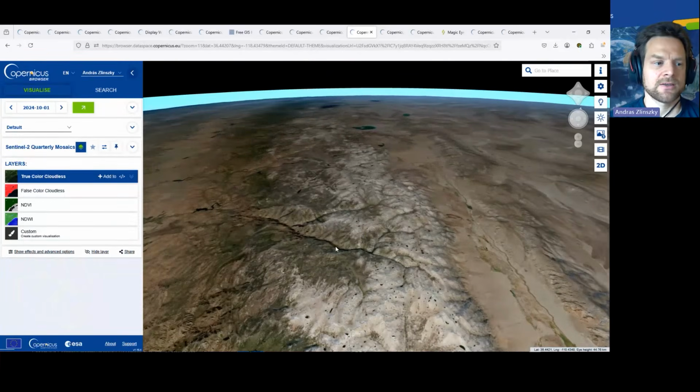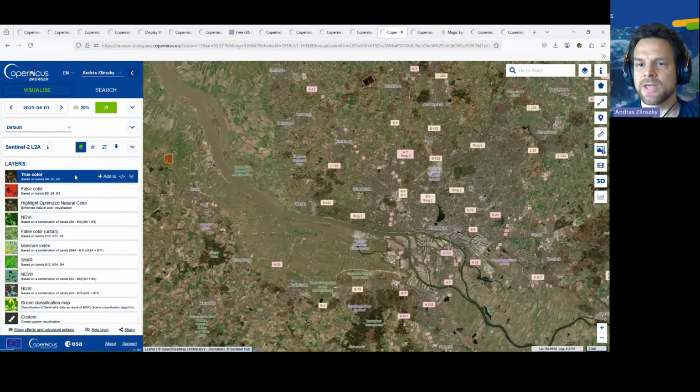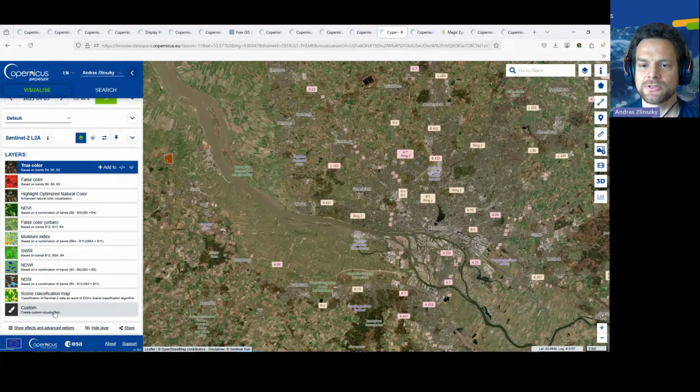Now, the final step of this course is working with custom scripts. For this, we are moving on to the city of Hamburg. This is a true color visualization from a recent image on the 3rd of April. So what you see here, we have these individual visualization layers, but down here we also have an option to